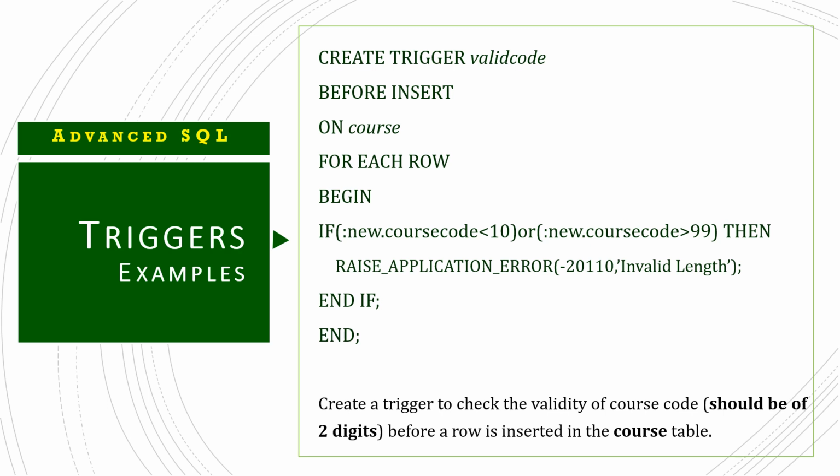That means we can make use of a total of 1,000 error numbers. So when the procedure executes, Oracle halts the execution of the current block immediately and reports the error message to the callers. So with the help of this raise application error, we can report errors to the callers. Here we are checking whether the value is less than 10 or greater than 99, which means it is not a 2-digit number. If so, we are raising an error and exiting from the code.